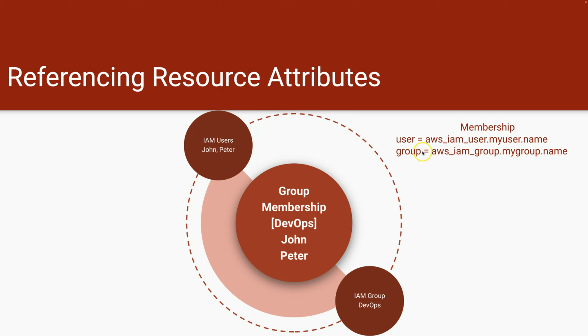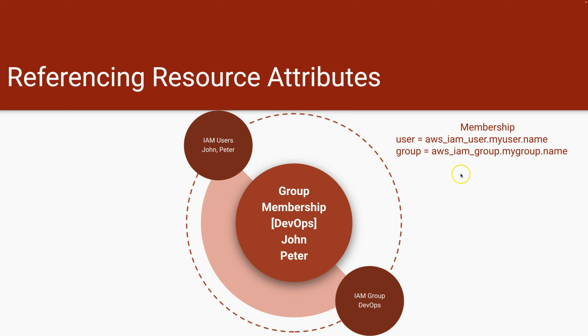And then I'm saying a similar thing for the group, aws_iam_group.my_group.name. So this DevOps is the attribute as a name for the group. This John and Peter are the names, the attribute name for this user, and these two combined will become